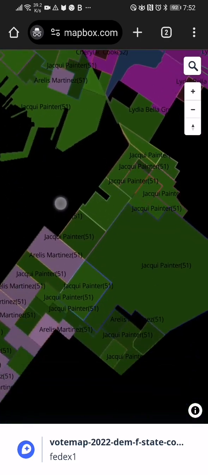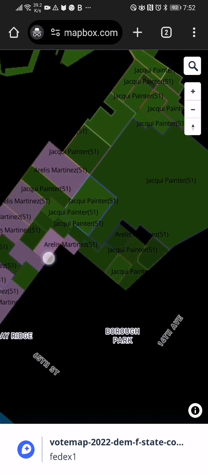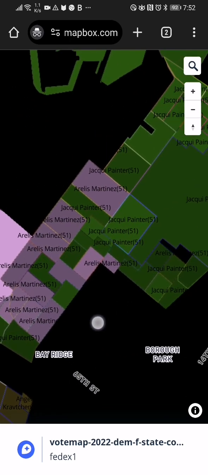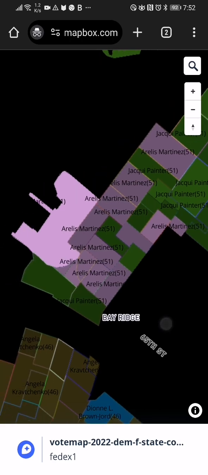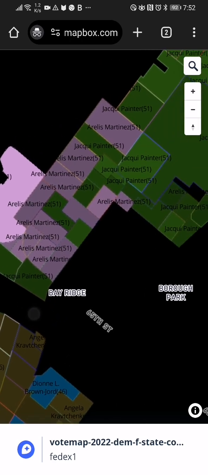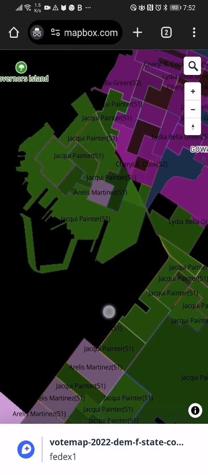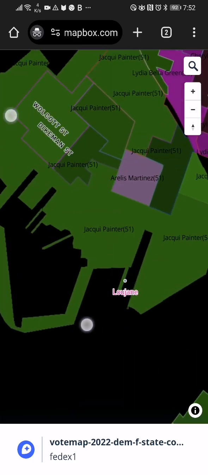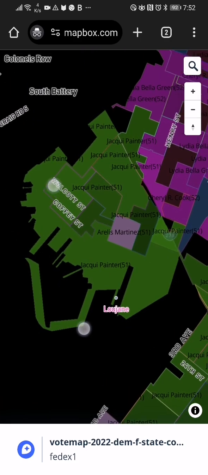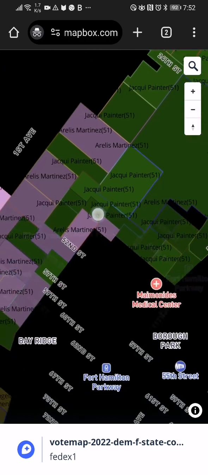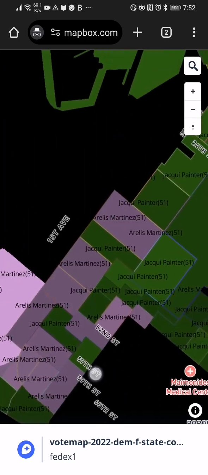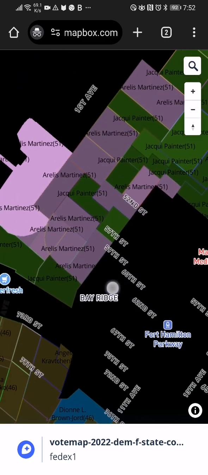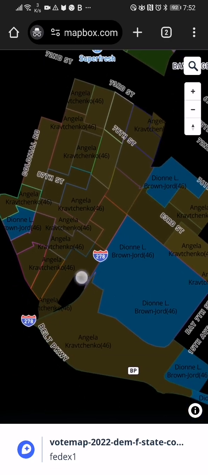And we can just go around. Oh, yeah, look at her. She's all over the place here. 51 is a very odd-shaped district. Wow. I think it has Red Hook, too. Is this Red Hook? Yeah, this is Red Hook. And it runs along 3rd Avenue. Yes, 23. So the next one is